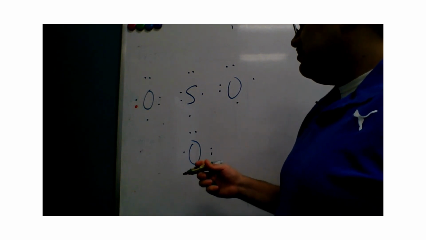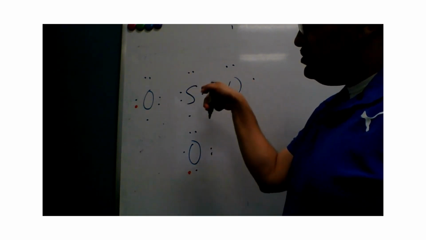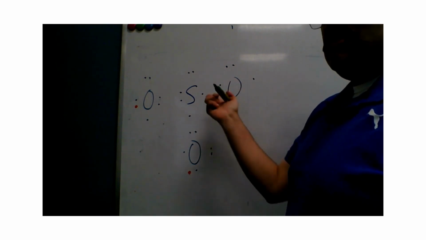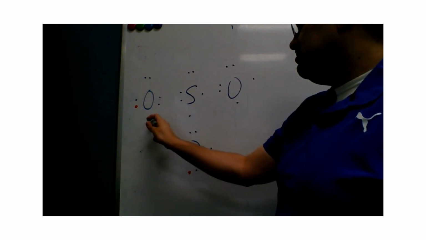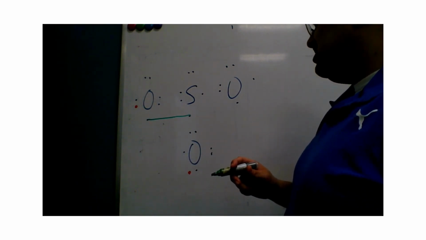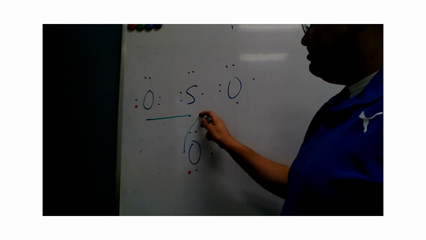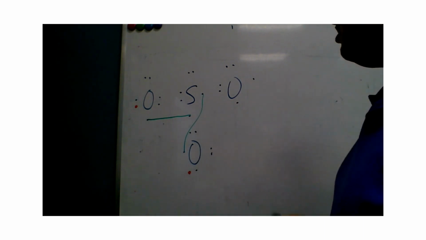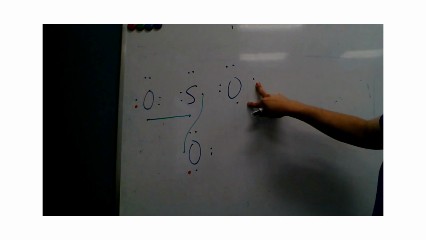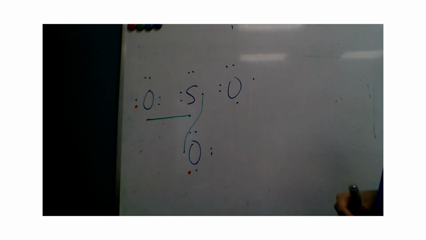Okay, connect singles. And again, the oxygens are connecting to that sulfur because it's in the middle. It's the central atom. Okay, so this one goes to that one. And then we're going to see what else can I do. Well, this one can go to that one. But then we have a predicament. There's some singles over here, but how are we going to connect them to other things that are going on? Well, what we're going to do,